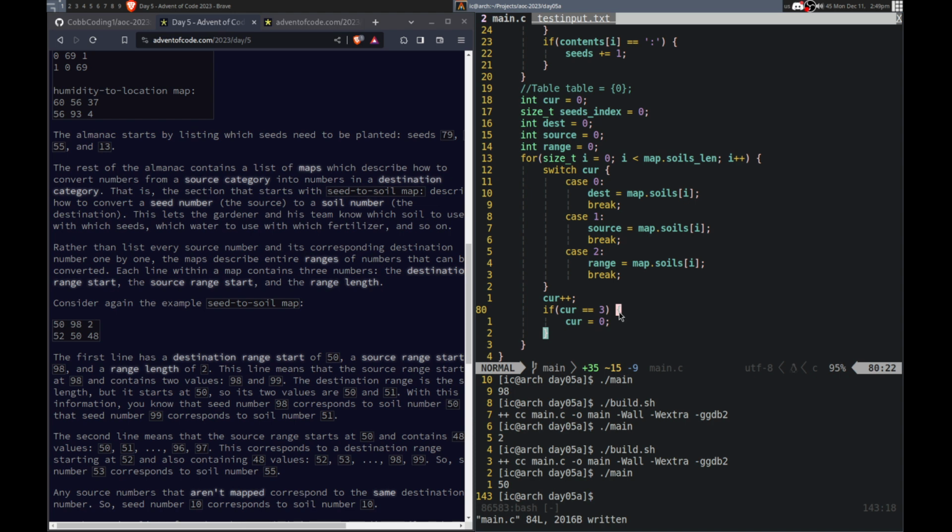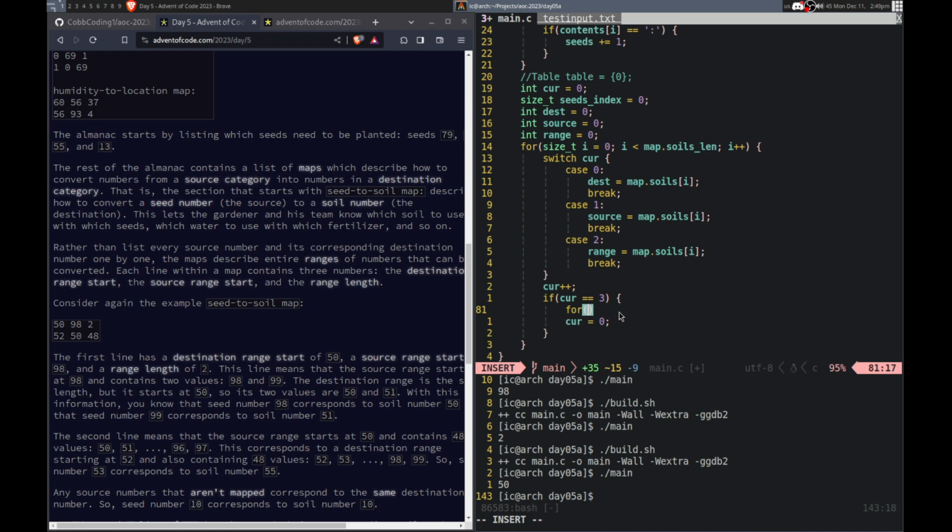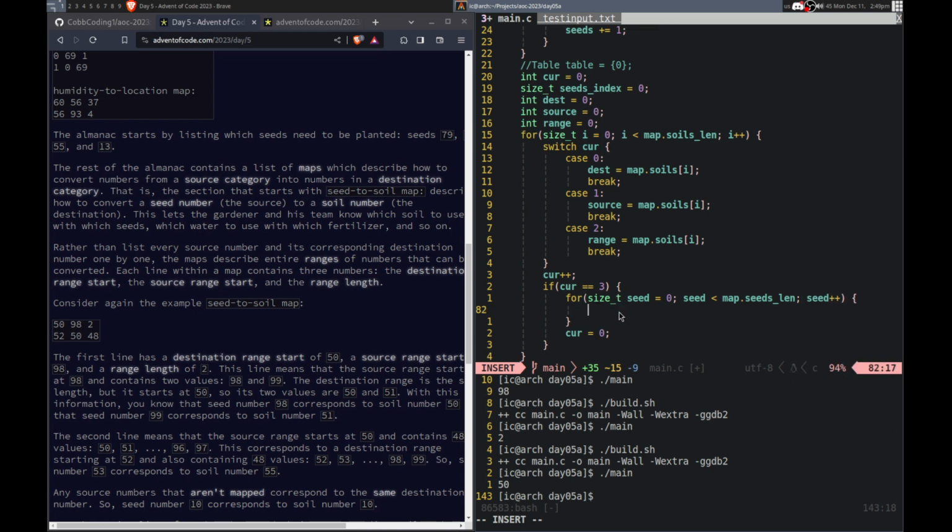So, iterate over the seed. So for seed 0, while seed is less than map.seeds, then seed plus plus. Okay, and then we have all the seeds in there, so we might not need the seeds index actually. Yeah, and then we just check if map.seeds seed. Let's see. So is greater than, and so is